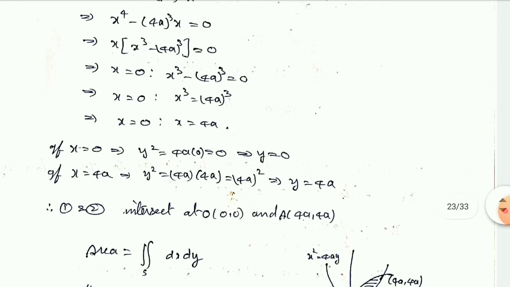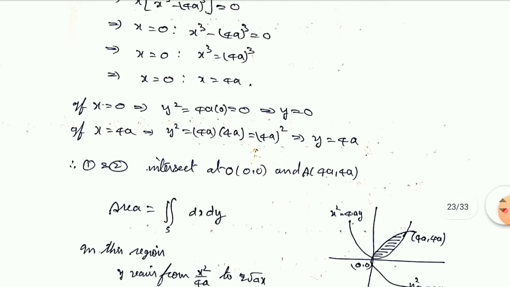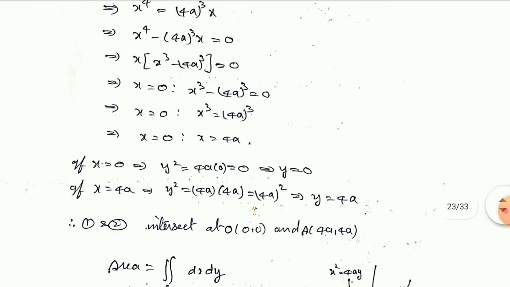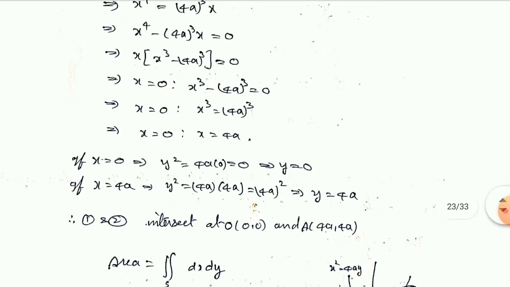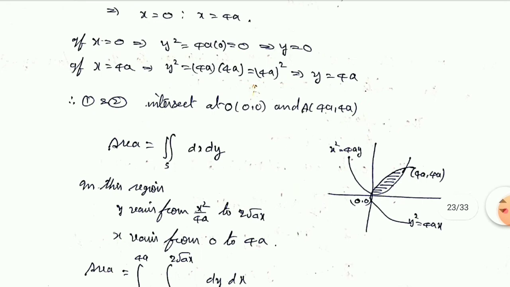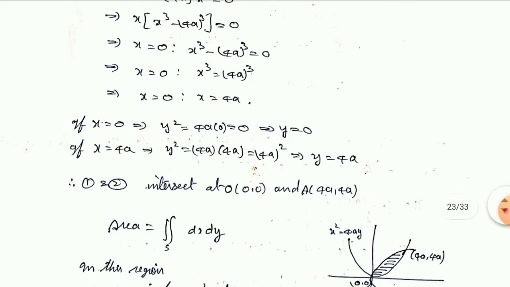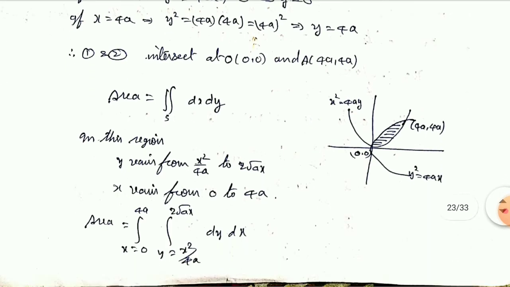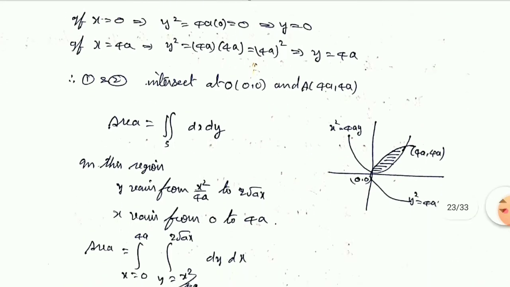But remember, directly you can substitute here. It is x equal to 0, you will get y value. X equal to 4a, you will get y value. But the rule is, in order to get the area of two particular equations, don't substitute those x values in y. Directly after getting the x limits, you go to the y limits as per your given equations only.